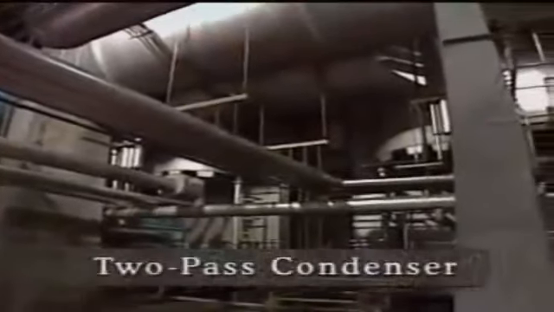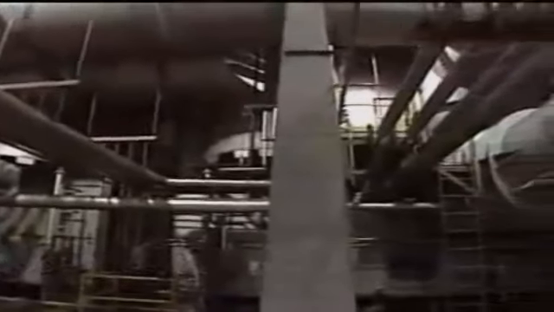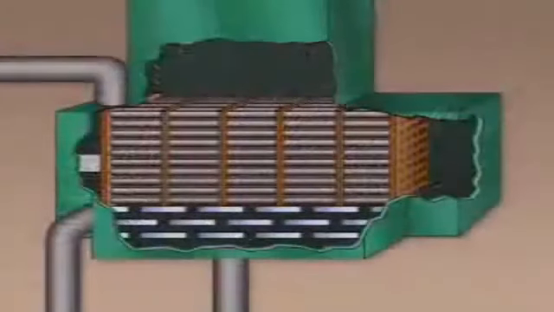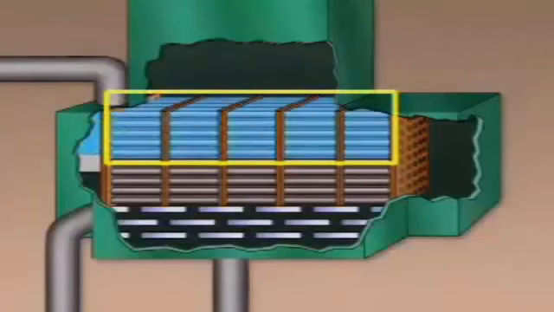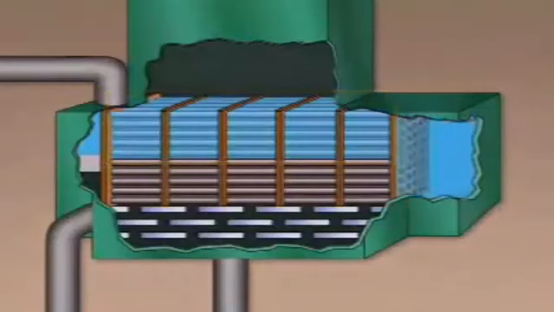Another common condenser design is a two-pass condenser. The main difference between a single-pass condenser and a two-pass condenser is on the circulating water side. In a two-pass condenser, a partition divides one of the water boxes into an inlet section and an outlet section. The circulating water that enters the inlet section flows through a set of first-pass tubes, which carry the circulating water